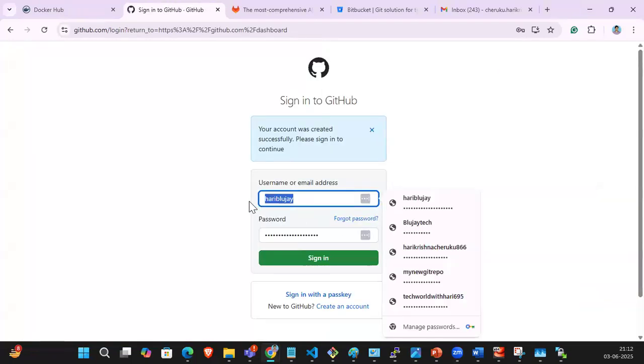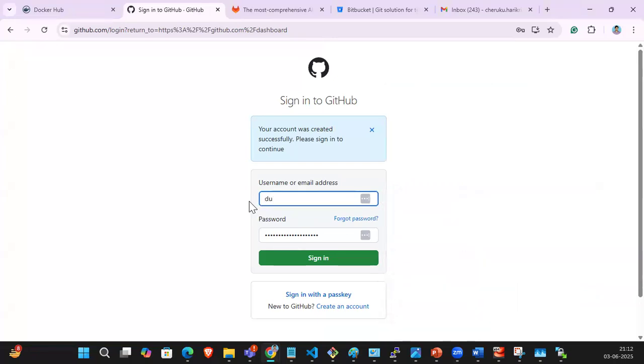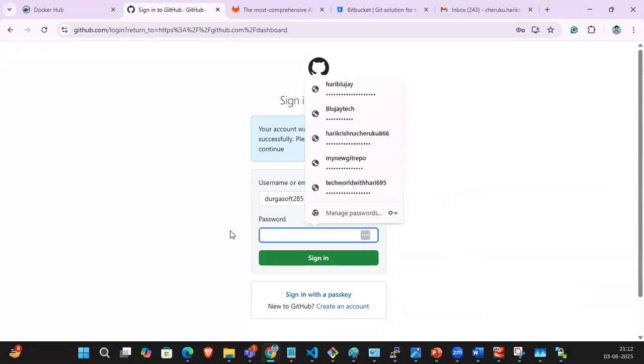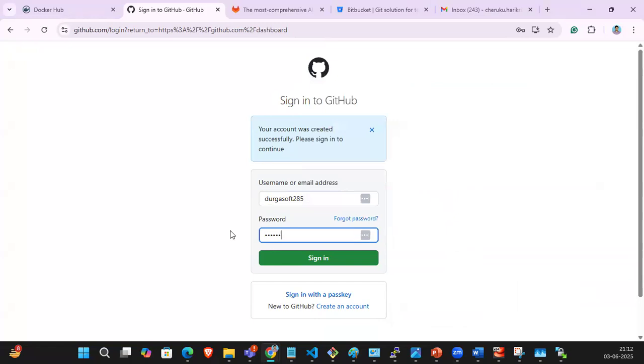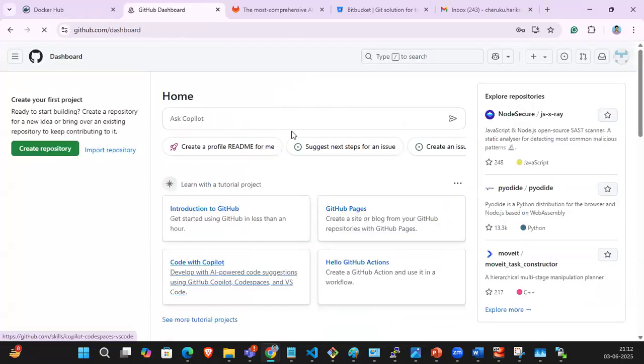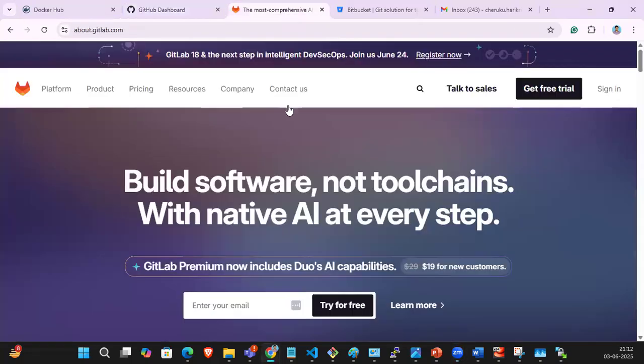So what is the username, guys? Username is DurgaSoft 285. Right. The password. Yes, this is the password. So now you understood how to create a GitHub account, guys. Guys, understood how to create the GitHub account? Yes. So how to create the